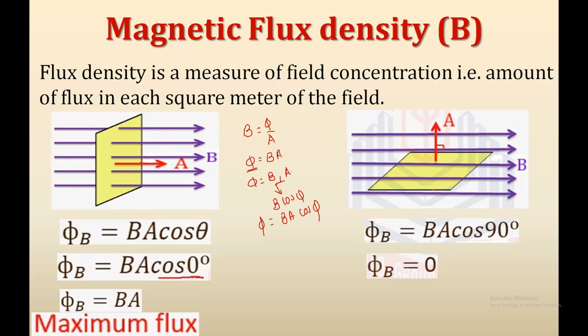Get it, my point? So in this way, we can consider the flux density concept. Basically, you have to understand the definition. The flux density is the flux per unit area, which is at right angle to the magnetic lines of force. That's why our formula for B is equal to phi upon A, or you can also remember phi is equal to B into A. That formula is there. Is it clear? Yes or no? Yes, sir.